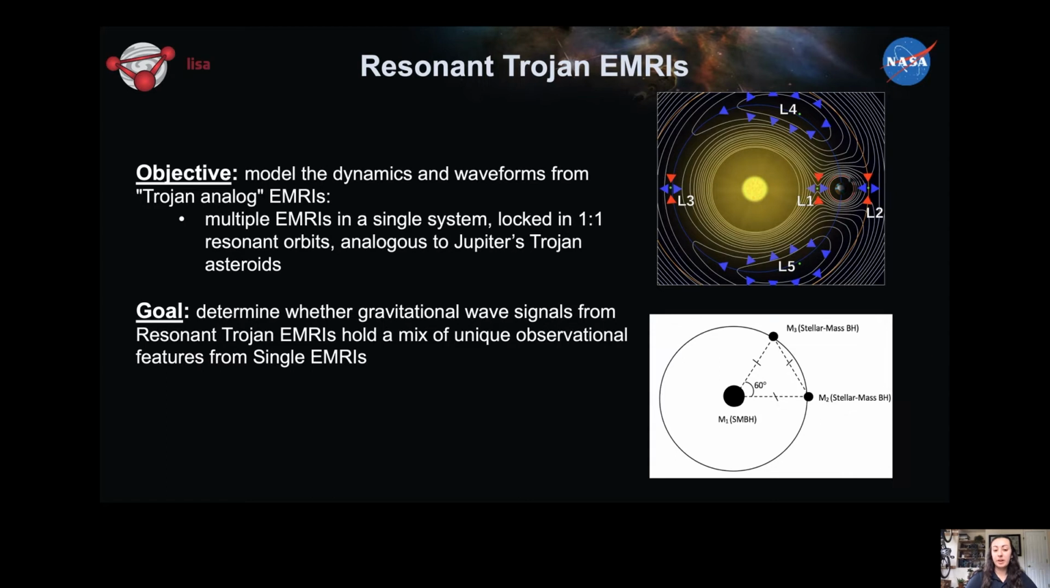So in our analogous multiple EMRI system, we have on the bottom right-hand corner the supermassive black hole in the center and the two stellar mass black holes in the analogous locations of Jupiter and the L4 Lagrange point. And it's these two stellar mass black holes that will be co-rotating around the supermassive black hole, locked into that one-to-one resonant orbit. And so the goal of this project is to determine whether the resonant Trojan EMRI system produces gravitational waves that hold a mix of unique observational features compared to that of a single EMRI system for the